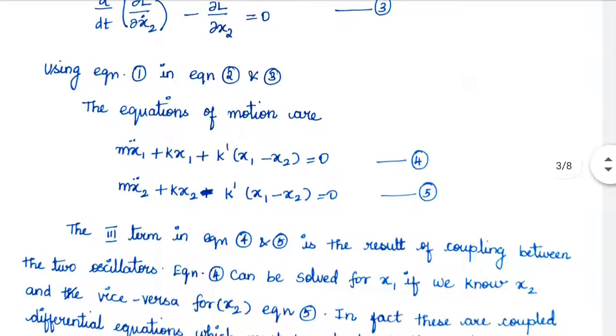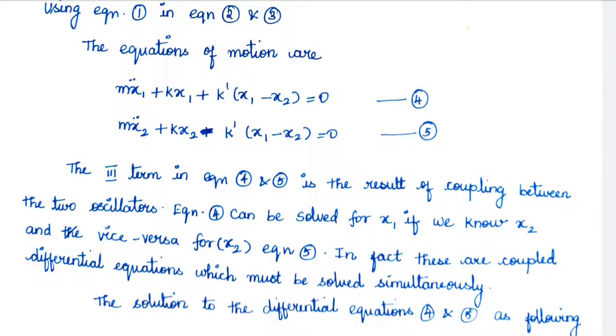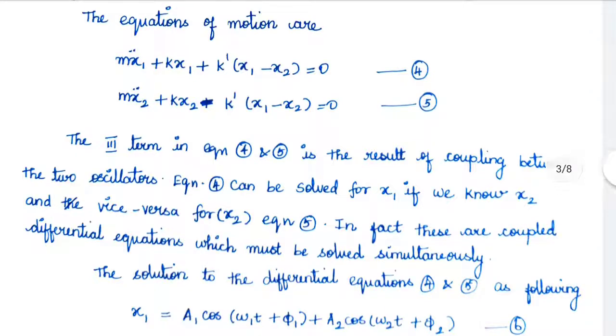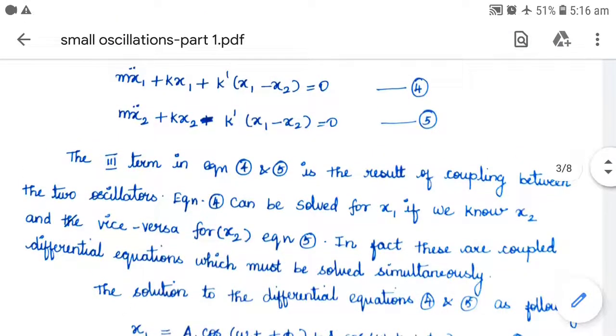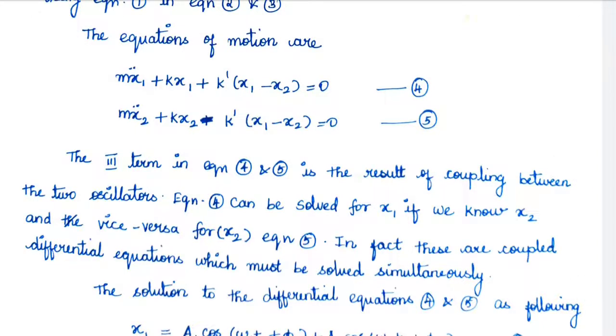Then solving, we will obtain the equations of motion as m x1 double dot plus k x1 plus k prime (x1 minus x2) is equal to 0, and m x2 double dot plus k x2 minus k prime (x1 minus x2) is equal to 0. So we see this third term. In both the equations 4 and 5, the third term is the result of coupling between the two oscillators. So we can very easily get a solution for x1 if we know the value of x2. Similarly, we can get the solution for equation 5 if we know the value of x1. So in fact,